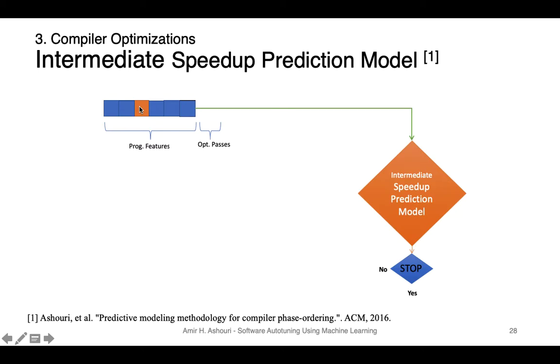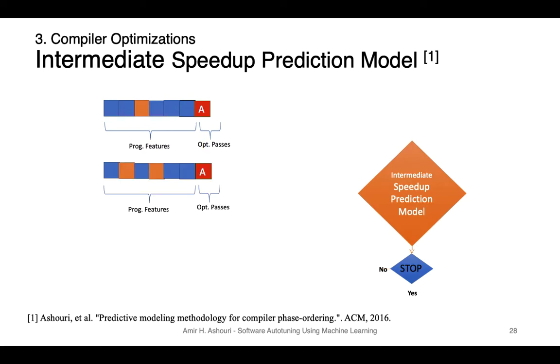So it's going to query my model, and my model tells me, because of the application features that you feed into my model, that at this point you can apply optimization A. This is what I'm seeing as the most viable among the other optimizations that I have in my space. So you apply A, and when you feed it to another characterization pass, you see that applying A changed another component of my application. So I have the state after applying transform A. I have to repeat the process again.